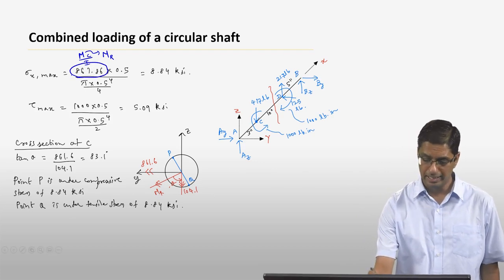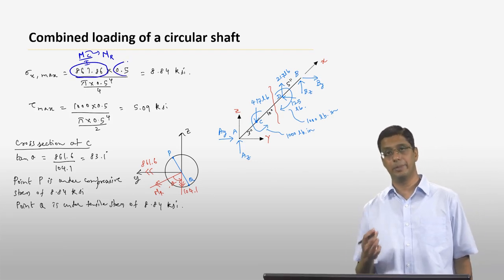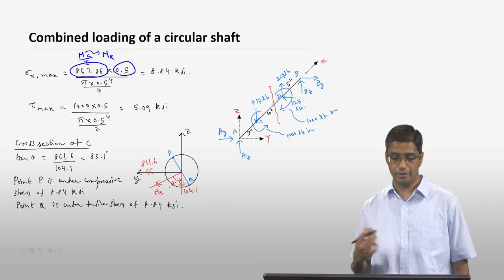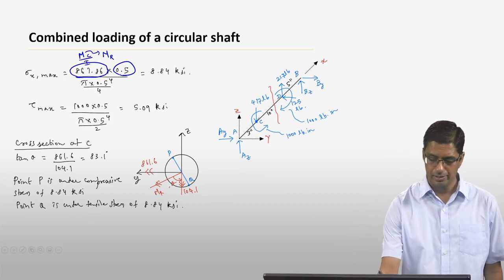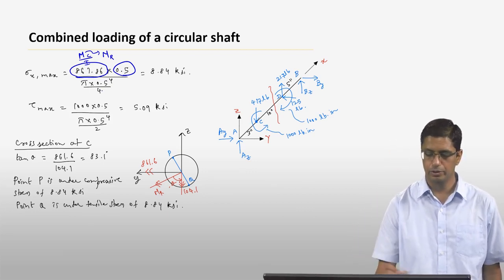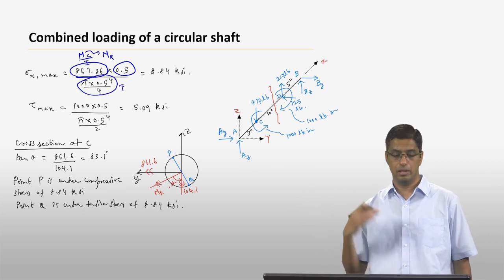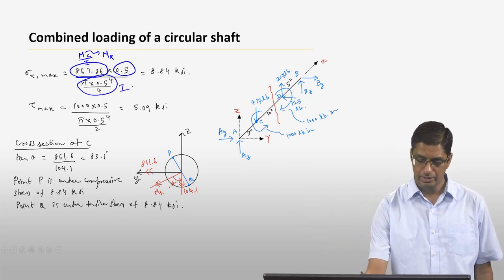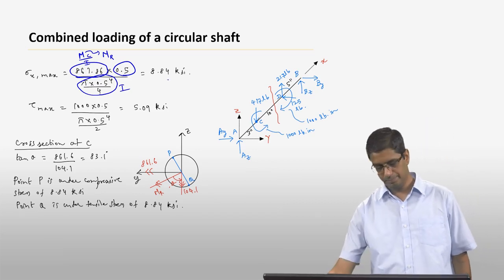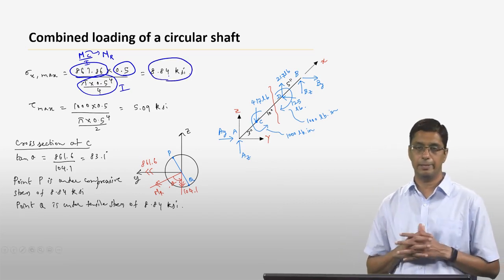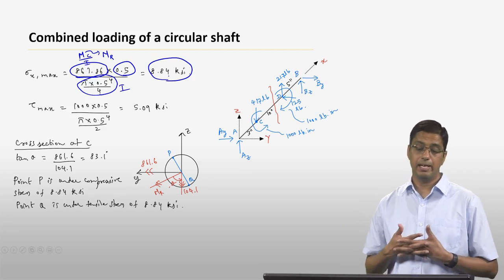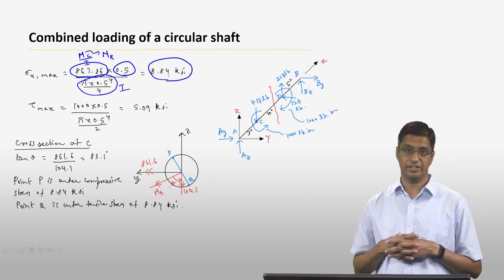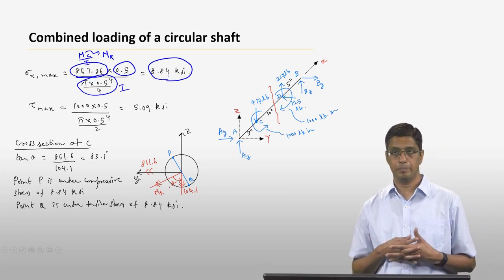C is 0.5 inches because the diameter is given to be 1 inch, so the radius is going to be 0.5 inches. And of course, this is your I, that is pi c to the 4 divided by 4. If you make the calculation, it turns out that the maximum internal bending stress at the cross section C is going to be 8.84